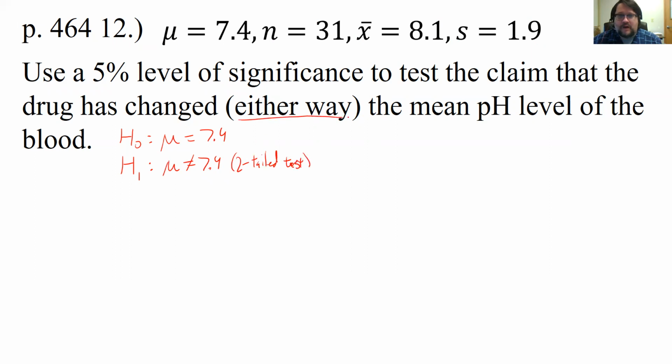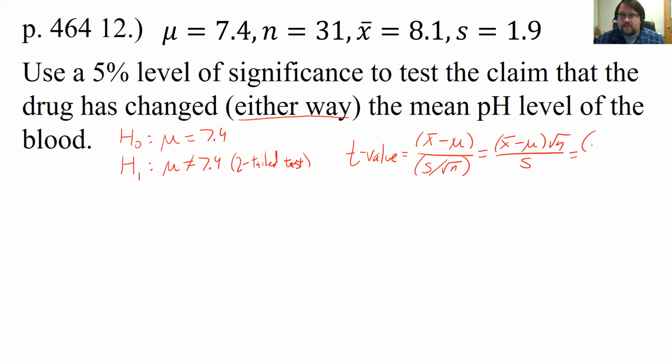Either way is kind of keying you off on that, higher or lower. It's just going to be different. So we're going to figure out our t value. And again, the formula for that is our sample mean minus our predicted population mean over our standard deviation divided by the square root of n, or alternatively, we can use this version, which is the version I'm going to use here